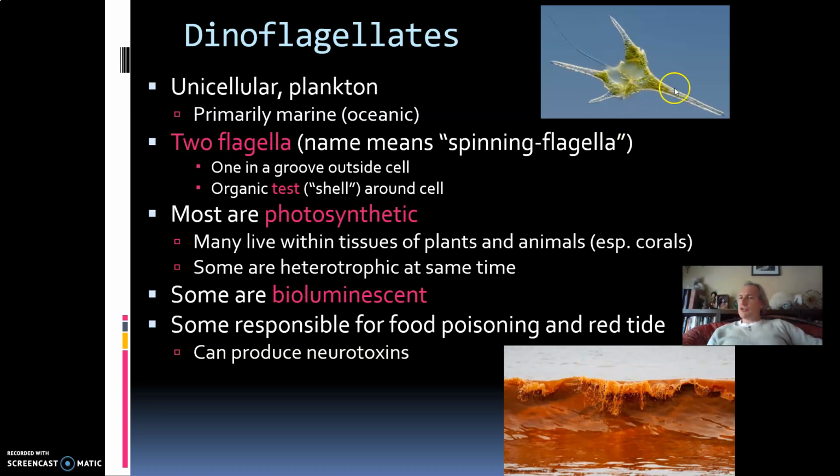Photosynthesis is usually green, but when we talk about protists, sometimes they take on weird colors, brownish, reddish, some other colors. And so this water looks like it's polluted, but what it is is an enormous outbreak of dinoflagellate algae, and they tend to call this a red tide when this happens. And in some cases, the algae is neurotoxic. So if you go swimming here or drink this water, or in the coastal area where the water gets pushed up into the air and you breathe it into your lungs, you can get injured from certain red tides. Sometimes it's just kind of nasty. Sometimes it can be toxic.